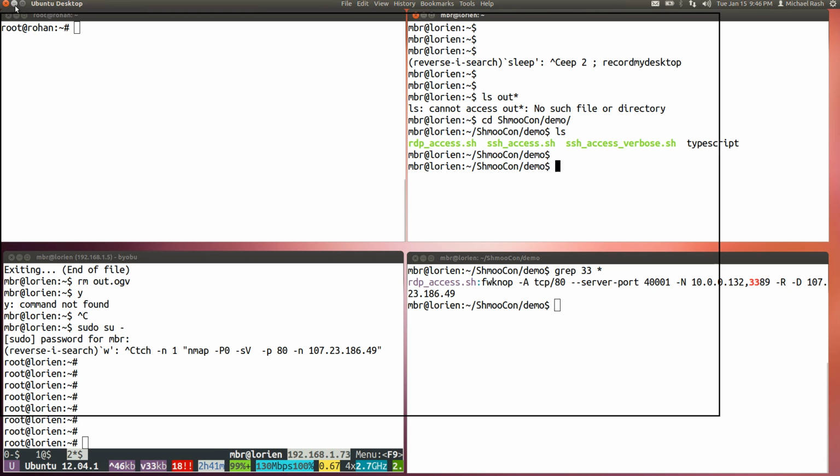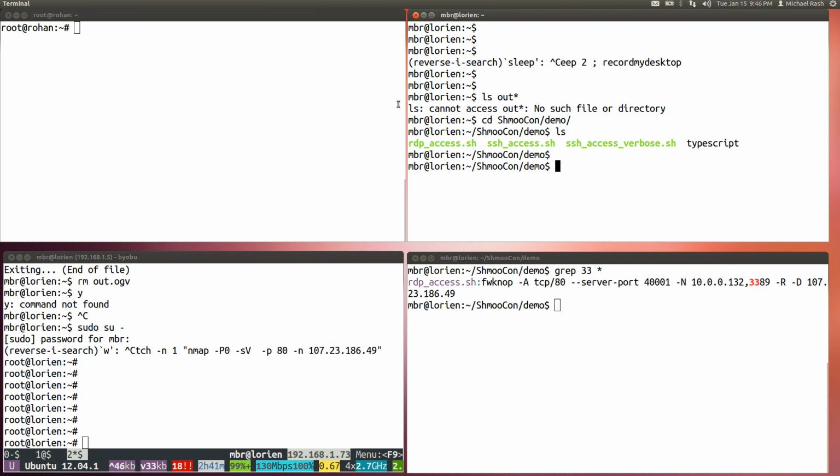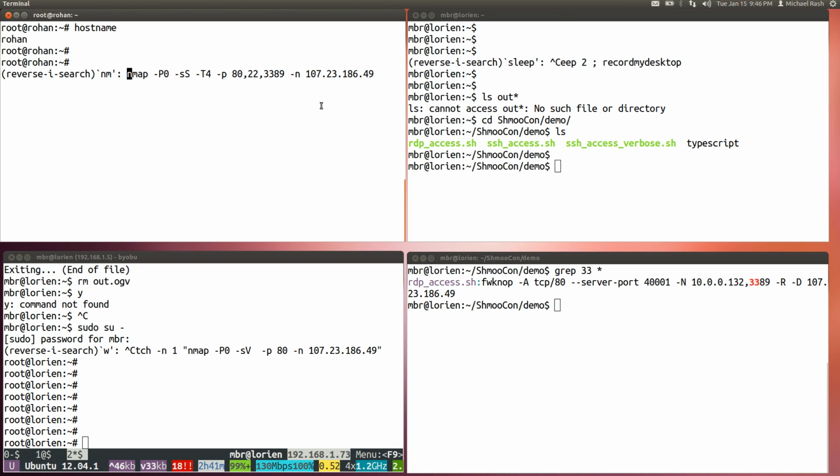Now I'm going to minimize the browser. And here now we have a setup that allows SPA to function. First, this system named Rohan has its own IP address that is independent of the other three windows. All the host names in these windows are Lorien, as you can see. So this Rohan host represents just an arbitrary host out on the internet